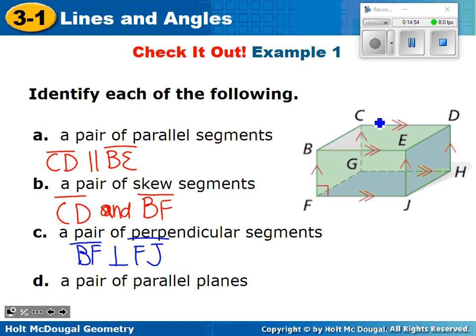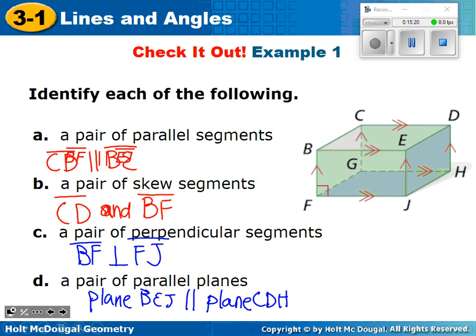All right, parallel planes. Gustavo. Very good. Front and back there. So plane BEJ is parallel to plane, and did you say CDH? Okay, and that's correct. All right, any questions on the front side? Would you agree it's easy? Okay, so next page